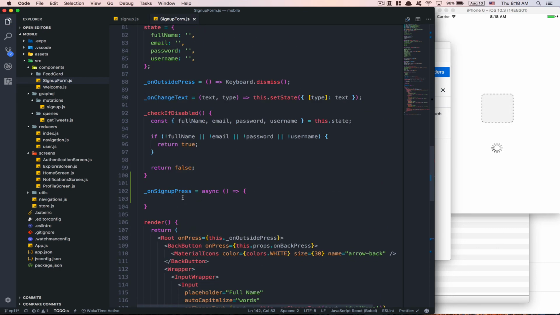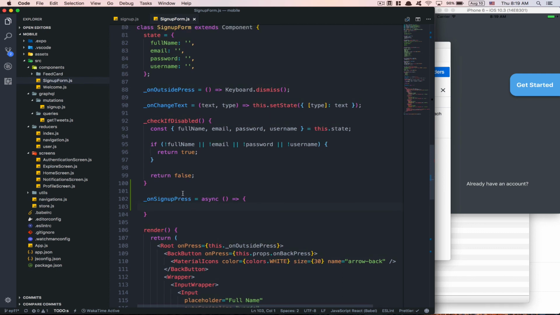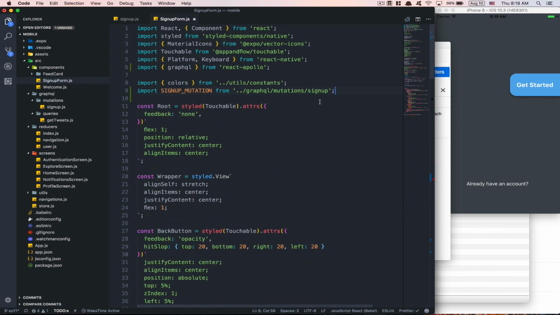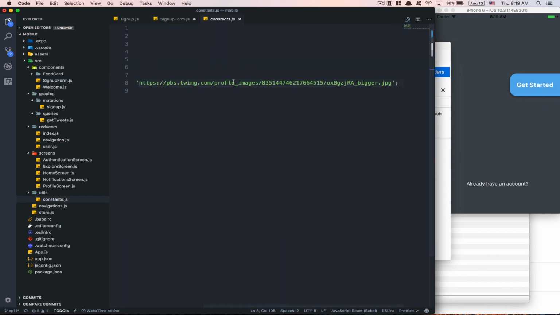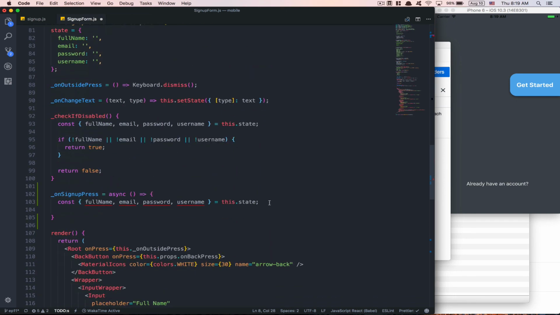And now what we're gonna do is here we're gonna call the mutation. So all we can do, we need to have these values coming in from the state. So we're gonna destructure that first. So I'm gonna say equal this.state. So now here I'm gonna destructure the full name, the email, the password, and the username. After that, I'm gonna go at the top, right after the color. Like you remember, we created a variable inside the constant file where we put the Twitter URL. Just take this one, and now here we're gonna say const avatar equal fake avatar,